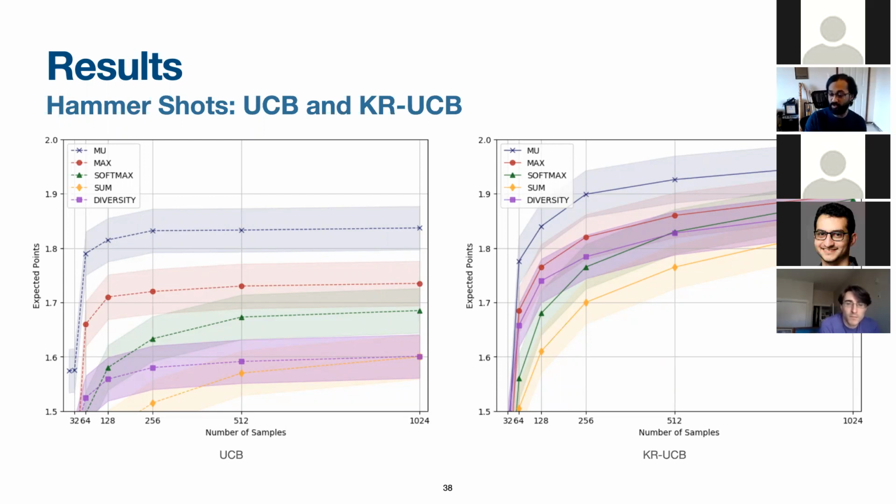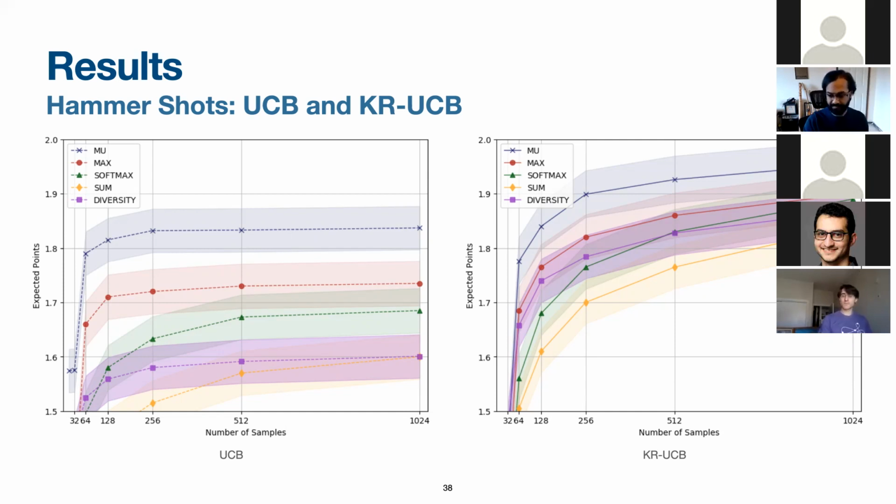And when we're using KRUCB, we see that this difference in performance diminishes. That is because KRUCB has the habit of refining search to actions outside of the candidate set. And even though the actions produced by the other objectives may not be good overall, KRUCB can turn those starting points or starting actions into better ones. And so the performance of those actions increase with KRUCB. Any questions on these results?